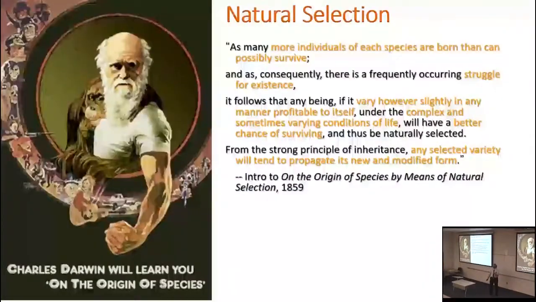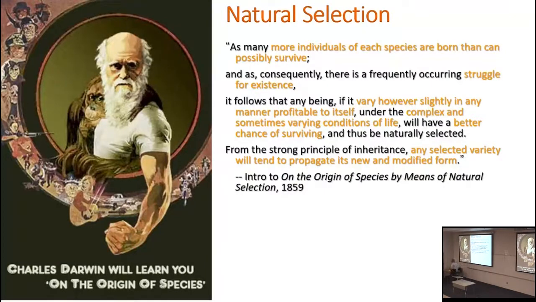So tying these observations together, and I'm not going to do a British accent, Darwin, in the introduction to The Origin, says this: as many more individuals of each species are born than can possibly survive. And you don't need to write down the whole quote. I'll give a short form in a bit. And as consequently, there's a frequently occurring struggle for existence. The more are born than can survive, and so there's going to be competition. It follows that any